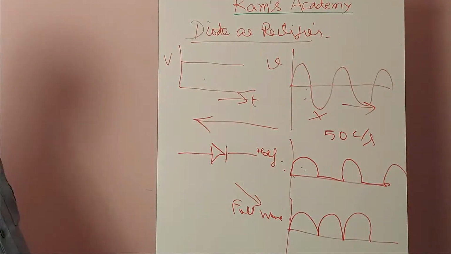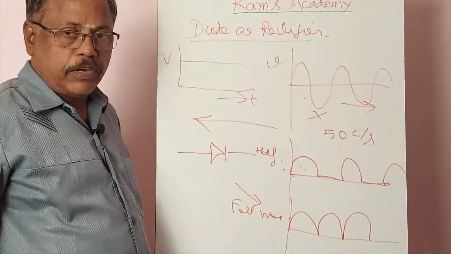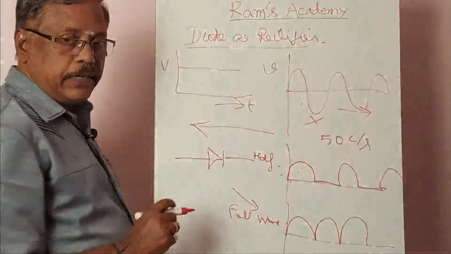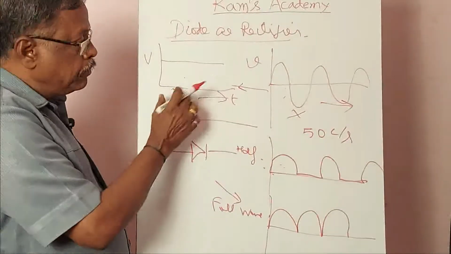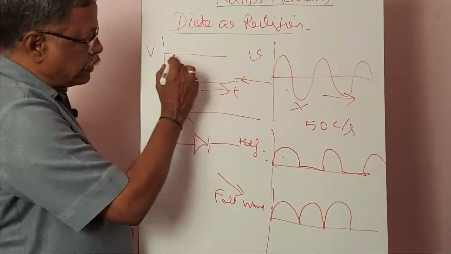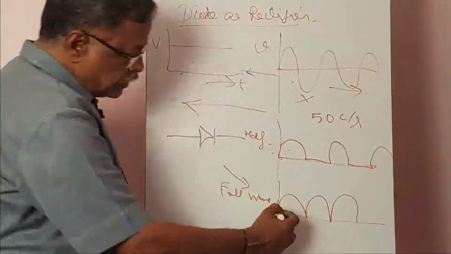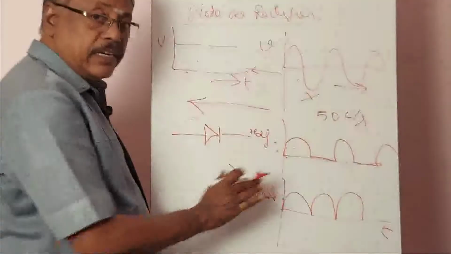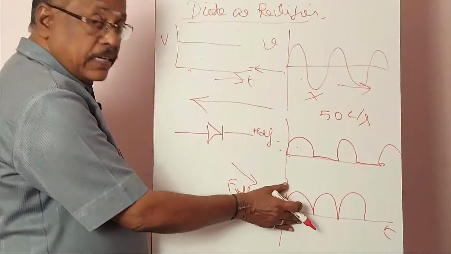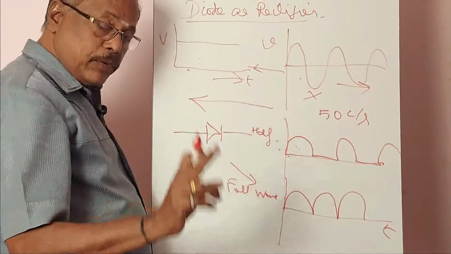Further, in rectification, what I said is this is what we obtain from the domestic alternating current, and this has to be converted to this. But this one provides a constant voltage with respect to time. This other one is not a constant voltage with respect to time, but it has only one direction of current. You can call it DC only, because the direction of current is only one.